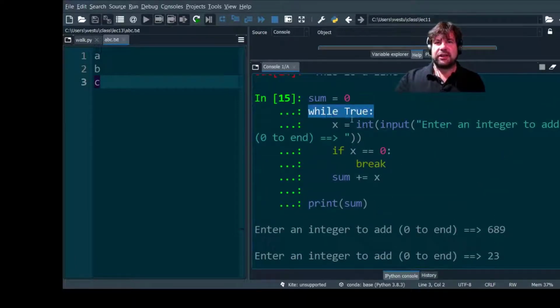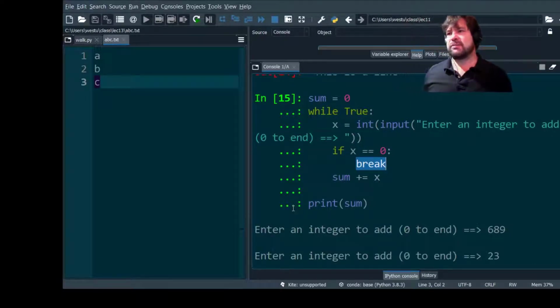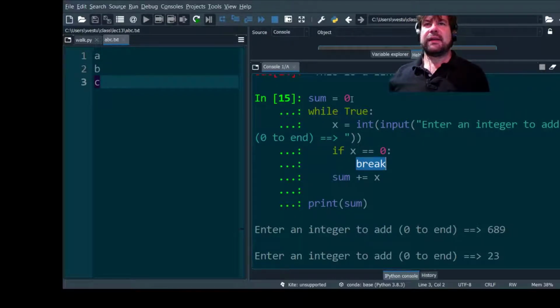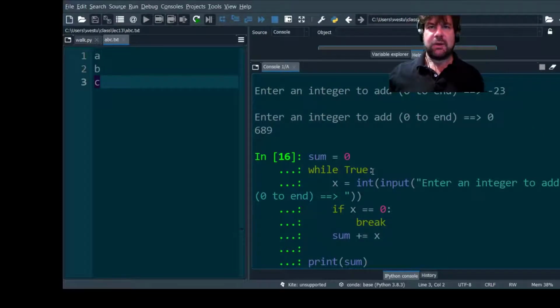So in this case, with while true, once we enter a 0, once the condition for termination occurs, we break and exit the loop. Now, you never need a break. Breaks are sometimes convenient, but they're never actually needed, because instead of having this loop like this, we could have something like